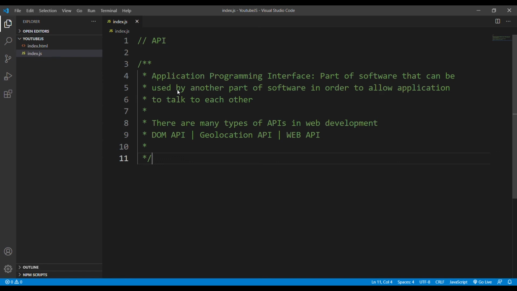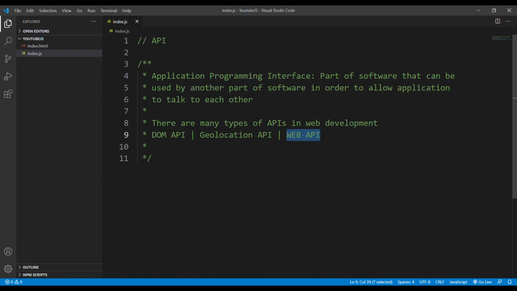Okay, so why are we interested in this API? We use this API to make our AJAX call. The reason AJAX is there is just to send an HTTP request to the web server and get some data from that web server with the help of the web API.